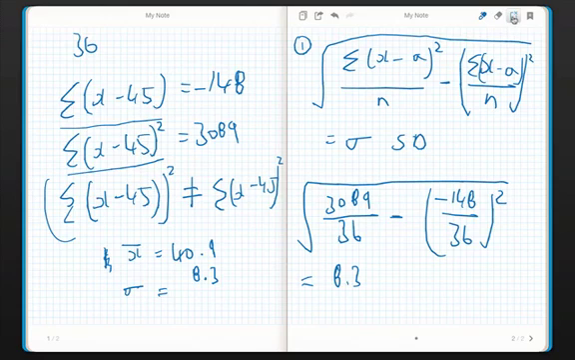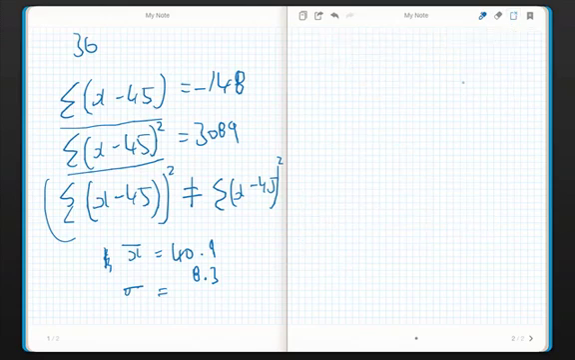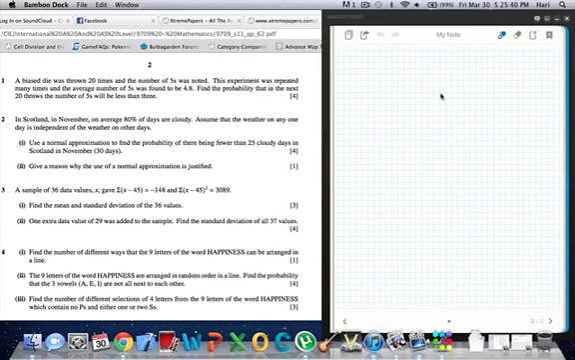Now I'm going to clear this page and move on to the next part. I hope you understood that. Those two formulas are very important. At the end of the lecture, I'll write down those two formulas so that you can take that down. Now moving to the next part,